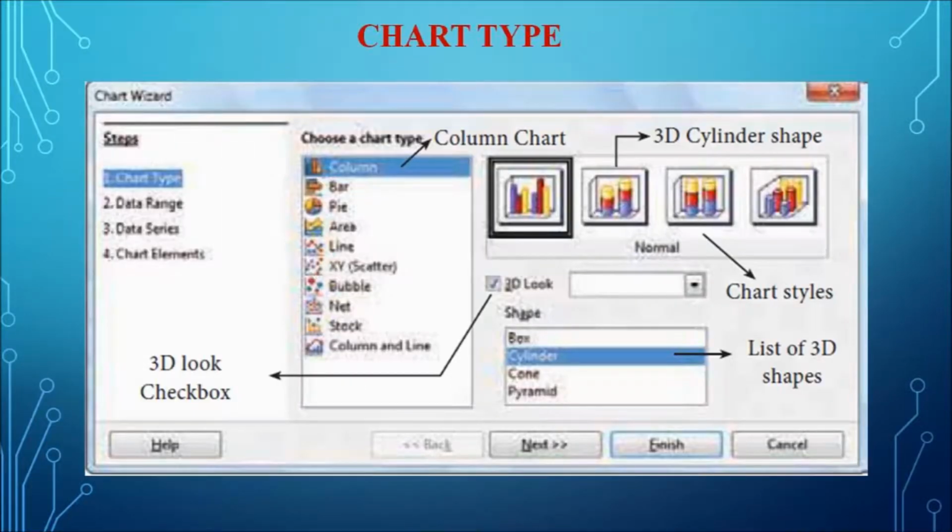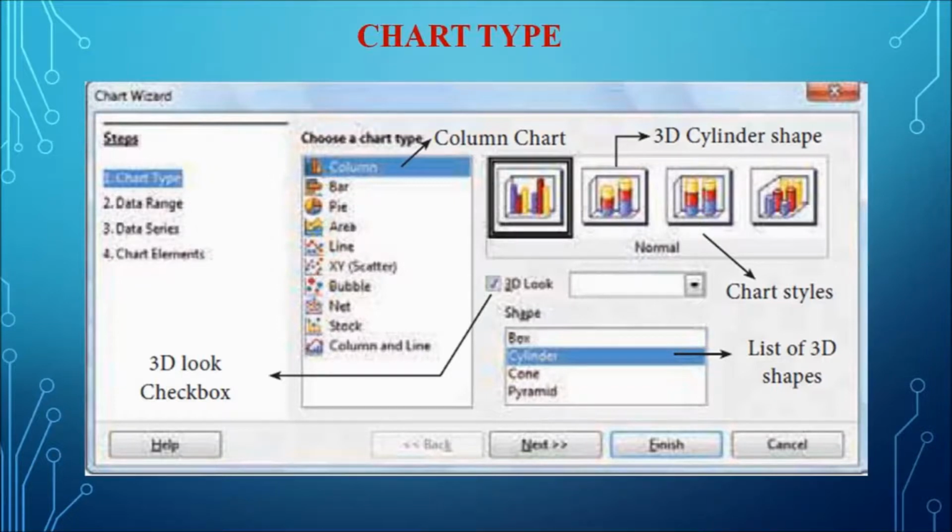Next we are going to see about working with charts. So the user has entered all the data, all the inputs, and the user needs an easier way to represent the data in a pictorial format. So for that purpose the chart is used. One of the most important features in the worksheet is to create the chart based on the numeric data. The charts are used to present the data in an easy manner. So creating charts is one of the most important factors for the success of the spreadsheet.